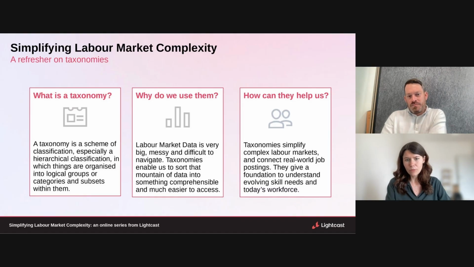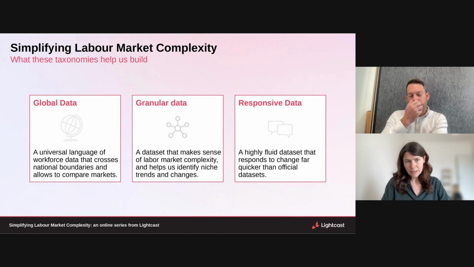This is where I want to spend a second to introduce the Lightcast occupation taxonomy and the Lightcast skills taxonomy, which are both proprietary taxonomies that we've built at Lightcast to go further compared to the official taxonomies from the Office for National Statistics that I just mentioned. These two taxonomies have 3 elements that we don't yet see in official statistics, but that are really important when it comes to trying to understand and navigate labor market complexity in a period of rapid change.